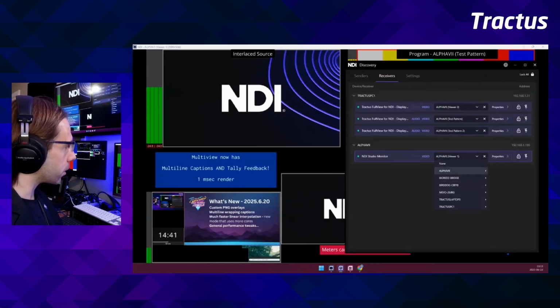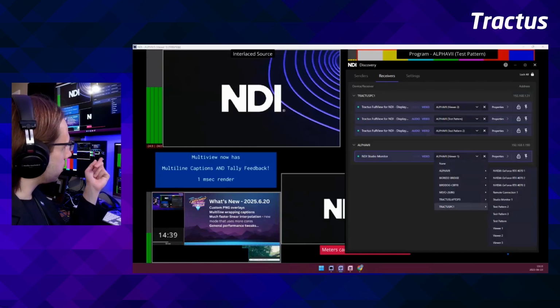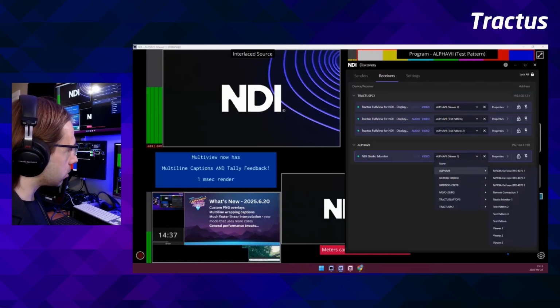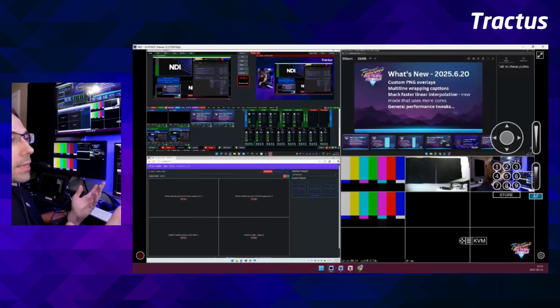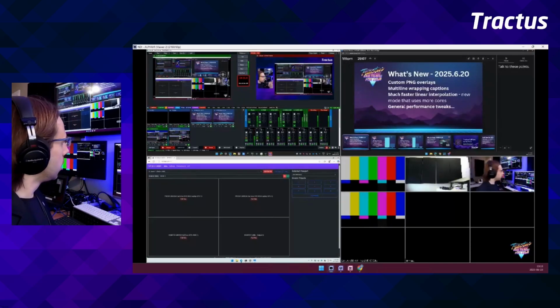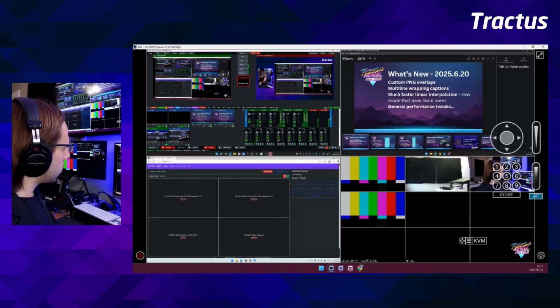I think I have another viewer here, and I'll use NDI Discovery. So I'm running NDI 6.2, by the way. I'll show you a little behind the scenes. Here's the signal flow that we've got going on. We've got our main vMix rig up here in upper left, so it's taking in all our feeds.